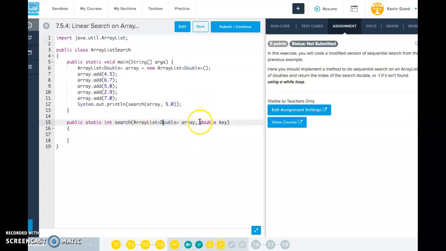It's an array list of doubles. So just remember you have to use your array list methods. And you're basically going to search for this key and return the index of where it is, and -1 if it's not found. And it said to use a while loop, so we don't want to use a for loop. So we're going to say while